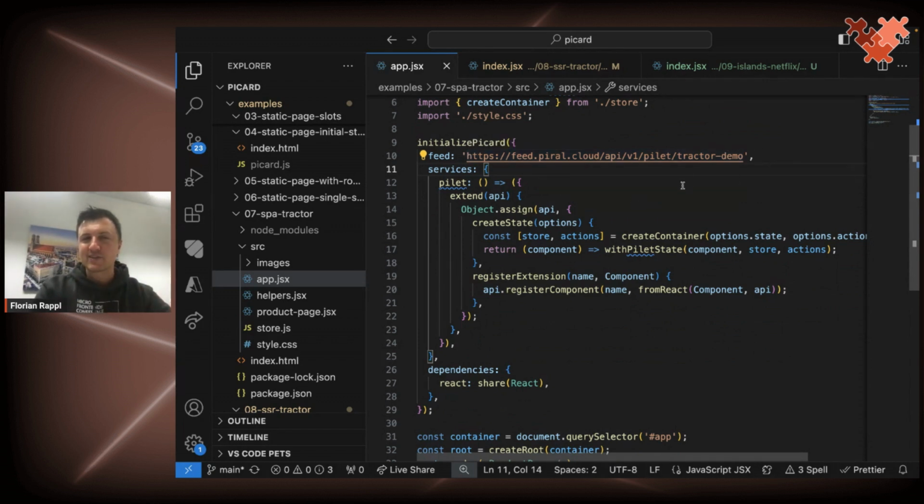And Picard doesn't really, I mean, it knows how pilots are structured, etc., but it doesn't know so much about the API. That has changed fundamentally. But luckily, there's a services thing. We can inject a service for extending pilots. So what we do here is we extend the pilot API